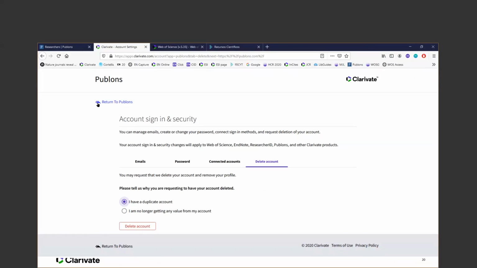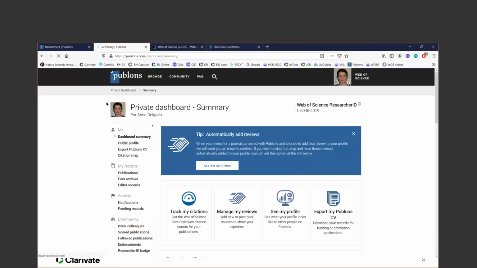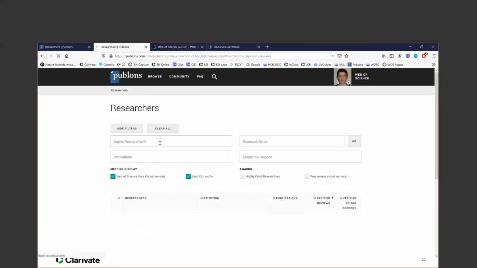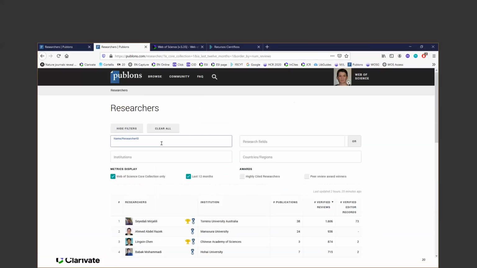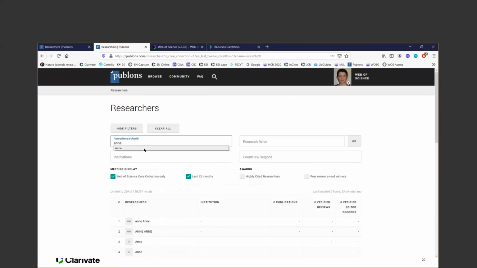By the way, how do I know if I have a duplicate account? There is a simple search that you can do with your name. Simply, I am searching my name. I am not applying here any filter. I want to see everything that is in Publons. I am writing my name,